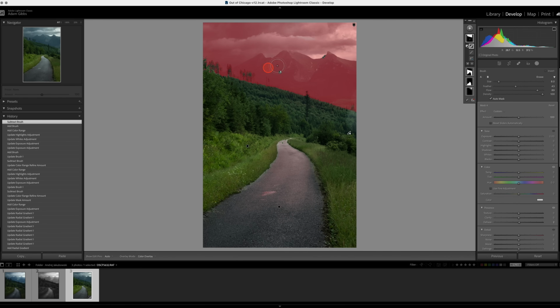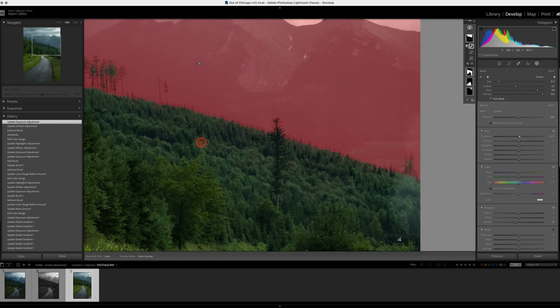So what are we going to do on this section? Well, I think what I'd like to do is start to give it a little bit of dehaze and also the exposure. I'd like to brighten that up just a tad to that point there. Now then, excuse me, if we just turn that off a minute. If we zoom in,